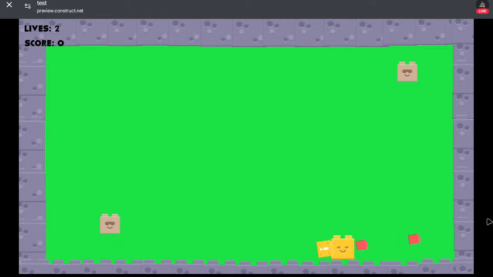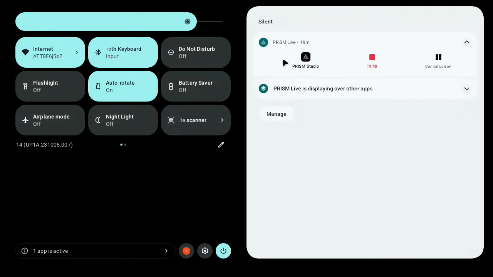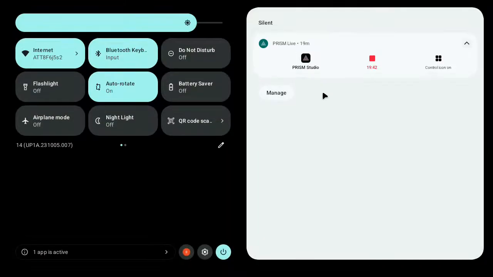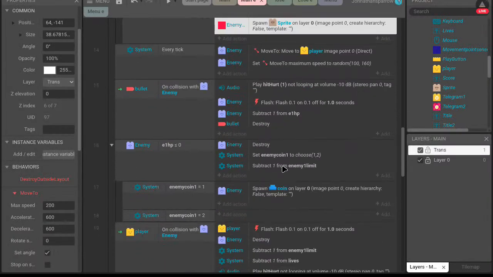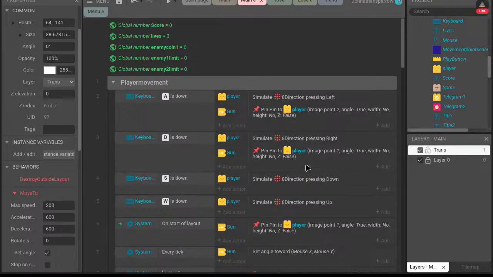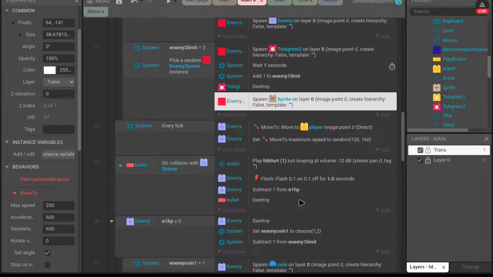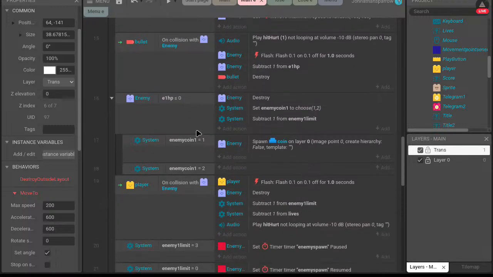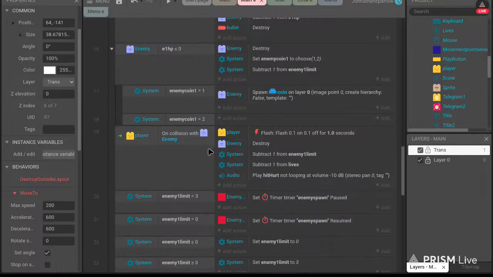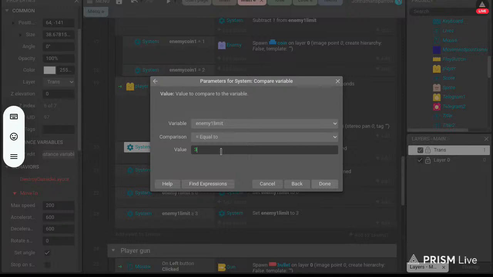See, it only spawns 3 enemies, so it should work now. Alright, I am gonna change the limit though. I think I'm gonna set it to 4. Hit done.